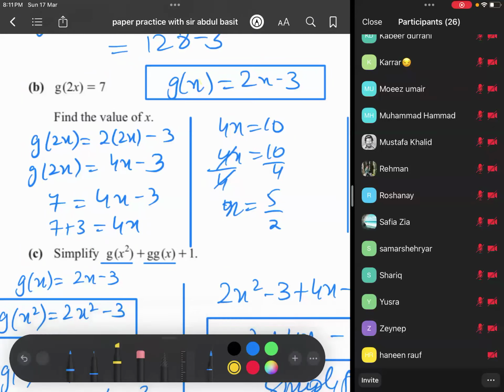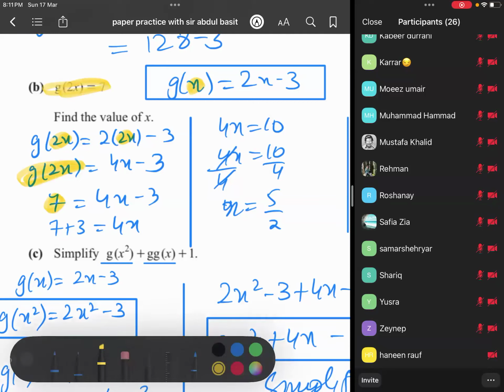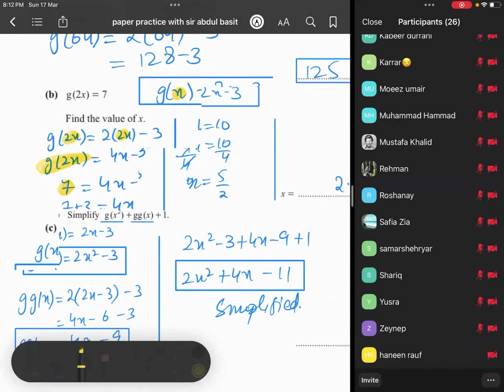तो मैंने क्या किया है कि x की जगह पे पहले 2x डाल दिया है, समझ आया? Yes, sir. तो जब मैंने डाला तो g(2x) हो गया 4x माइनस 3। अब क्वेश्चन में उन्होंने कहा था कि ये g(2x) जो है ये 7 के बराबर है, लिखा हुआ है ना ये, तो x का आंसर निकाल दिया मैंने।